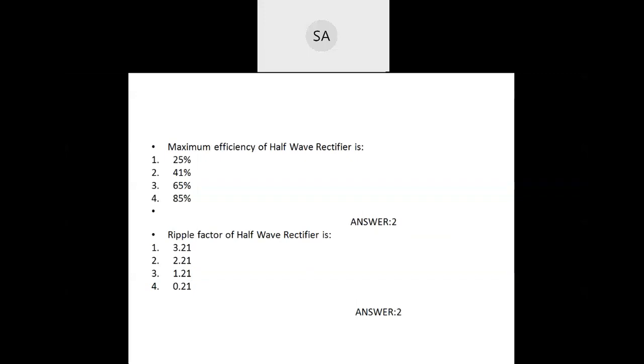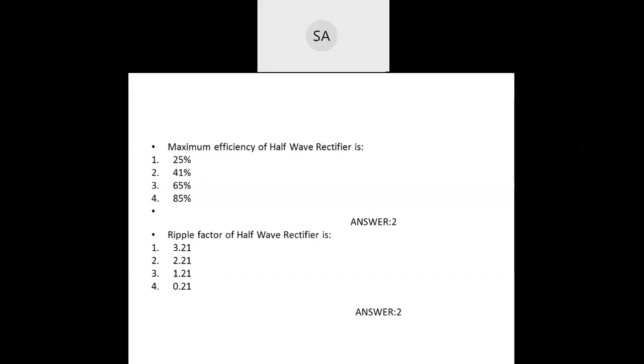So it is not given in the question. So approximately that is equivalent to 40.6 percentage. Just you can take it as 41 percentage. So then the next question, option 2: the ripple factor of half wave rectifier is,